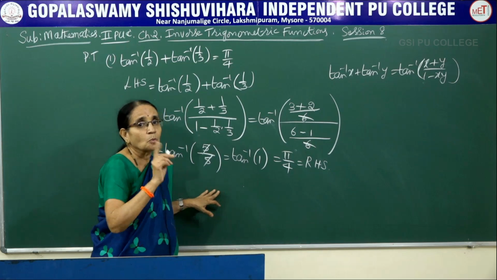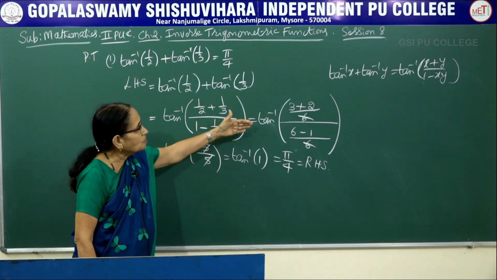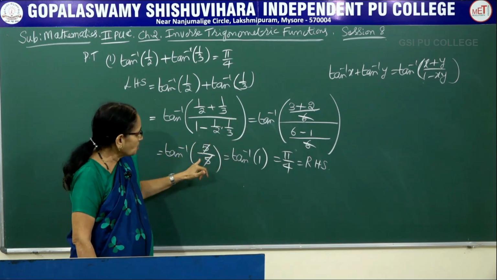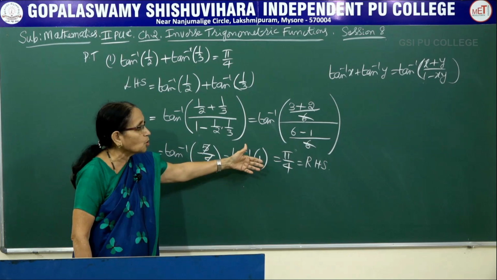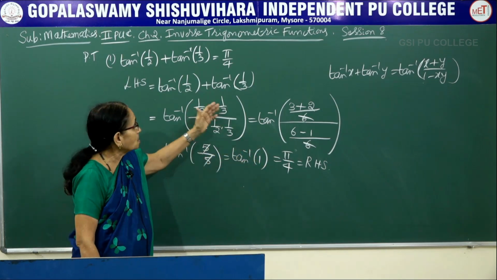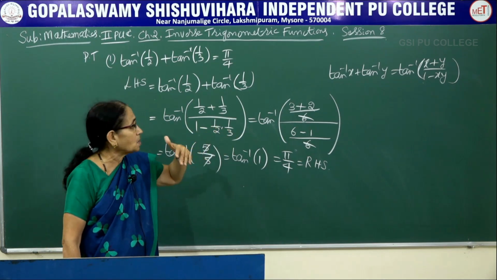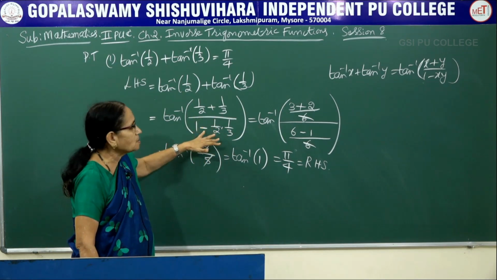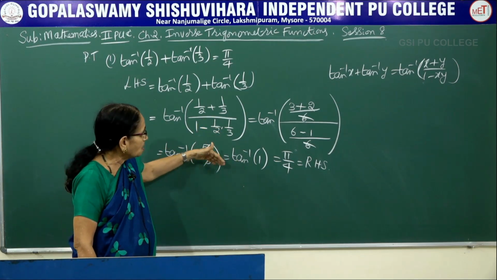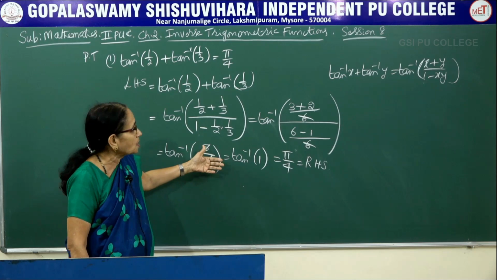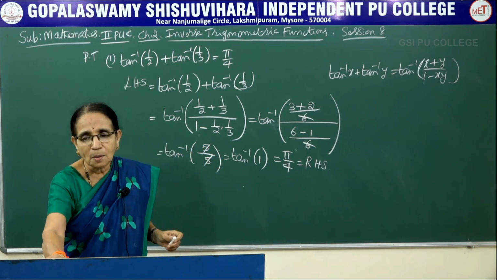It is usually a 2-mark question here. First you write this one and then simplifying you get 1 mark, and after writing the first simplification, writing the exact value showing that it is equal to the right hand side gives you the other mark. Whenever the problem is for 2 marks, usually some 3 to 4 steps would be there. First 2 steps carry 1 mark, and the second, third and fourth steps carry 1 mark. So this is the procedure we adopt to solve the problem.